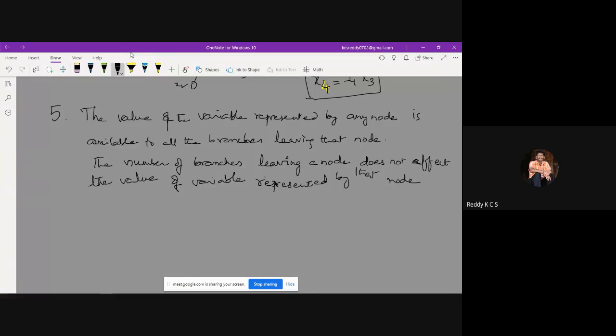What I want to say is, for example, I have signals which are entering like this and leaving like this, with one more node like this. We can write x2. Say this is x1, this is x2, this is x3, this is x4, and this is x5. Say this branch gain is 2, this is 3, this is 4, and this is 5. So x2 is equal to 2 into x1 plus 3 into x3. Whatever signals are added here, x2 is 2x1 plus 3x3.